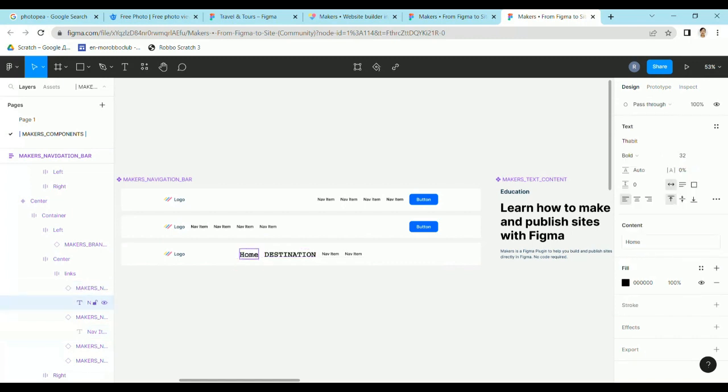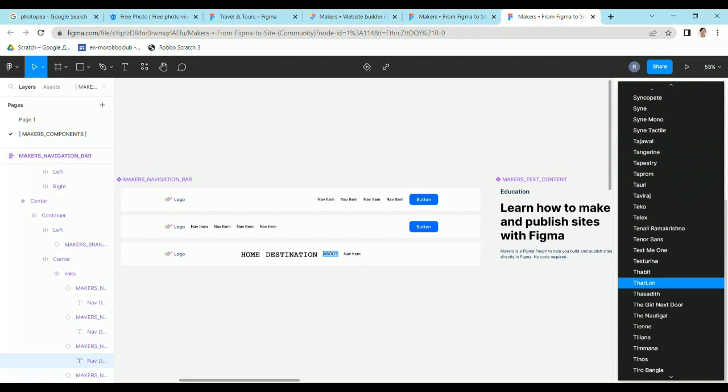So I have home. I have to be very consistent with my buttons or with my text. So the label, if it's all caps, make sure everything is all caps. So you don't want your navigation bar to look different in every component, right? So next we have our about page, sorry. So we have about, and then, yeah, so about,